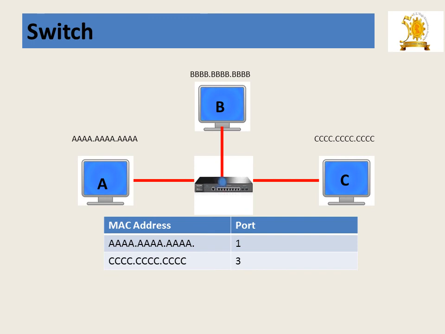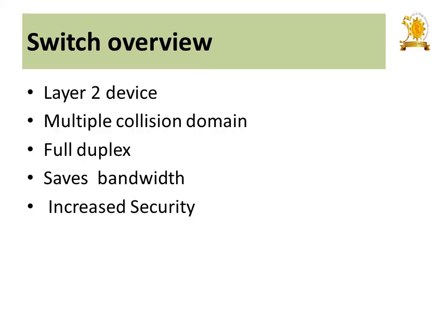The switch transmits the data as per the required MAC address. Here are the MAC addresses given: system A, system B and system C. System A is connected to port 1 and C is connected to port 3. The data will be transmitted as per the given MAC address. It will go to the required place and be rejected by the other places. This is the small working animation of a switch. Now what is this switch actually doing? That is the overview of the switch.